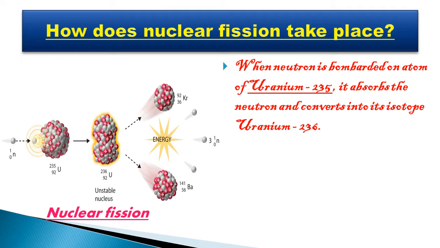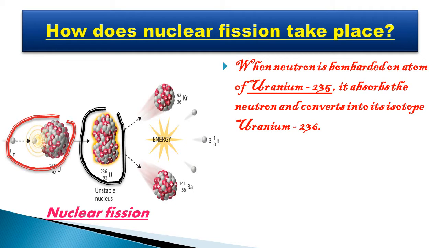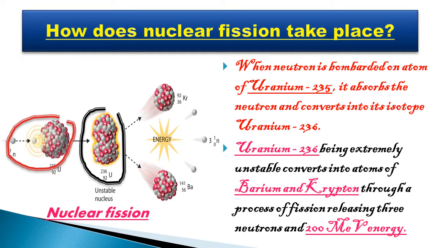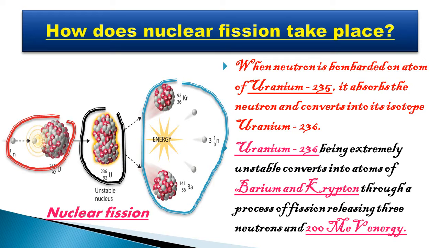Uranium 236, being extremely unstable, converts into atoms of barium and krypton through the process of fission, releasing 3 neutrons and 200 MeV energy. So you can observe that uranium 236, which is very unstable and highly reactive,